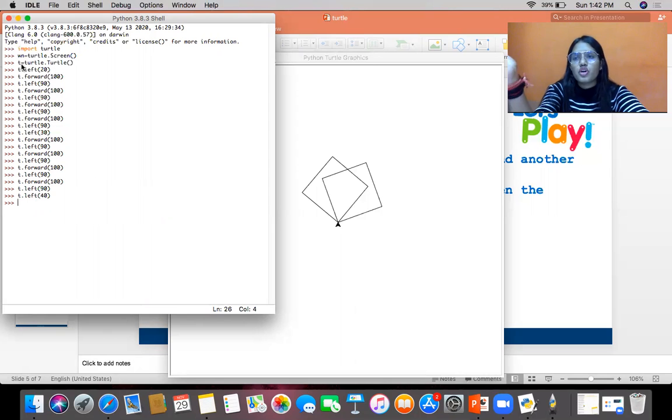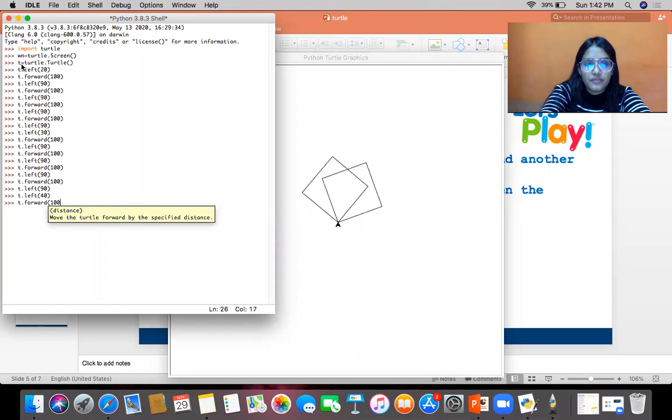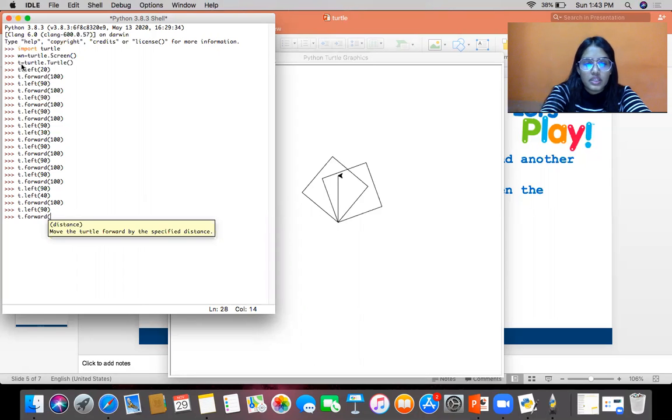Okay, now as you saw, we started with 20 degrees. Further for that, we started with 30. Now we are going with 40. And then we started forward 100, t dot left 90, t dot forward 100,